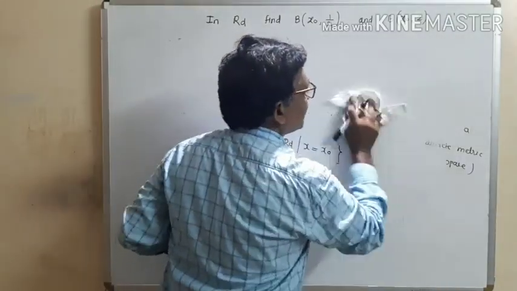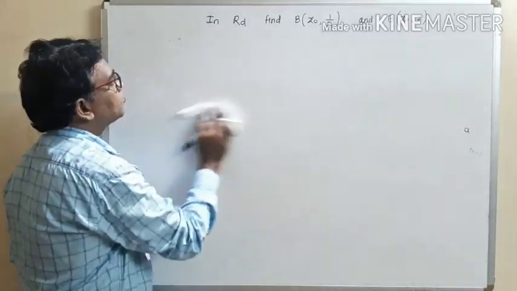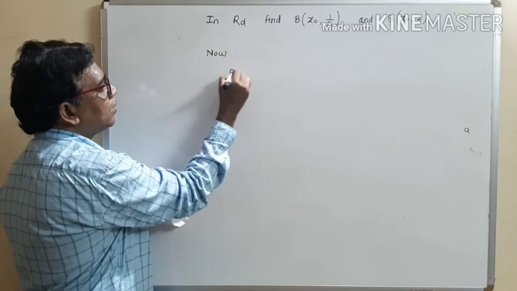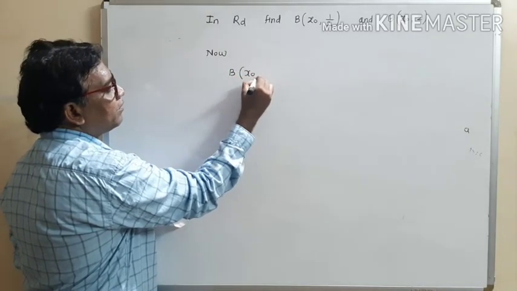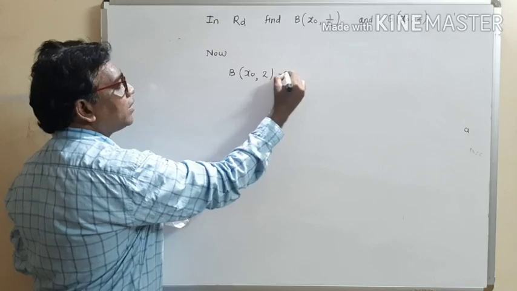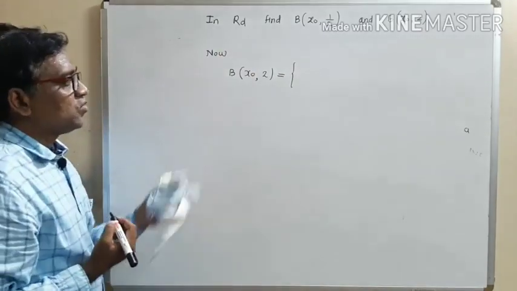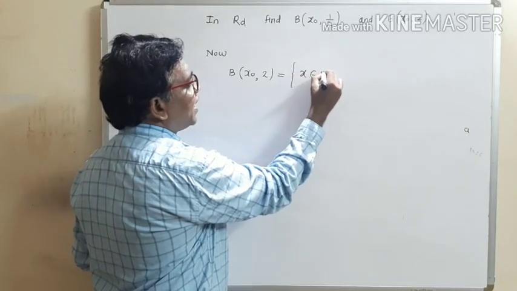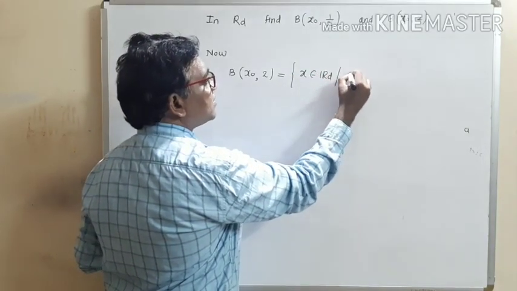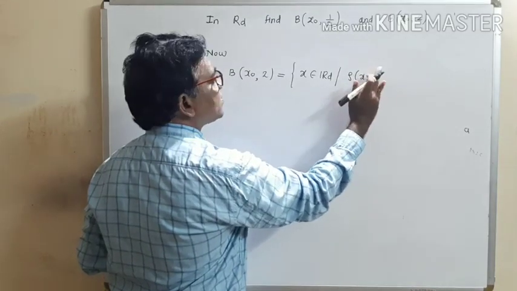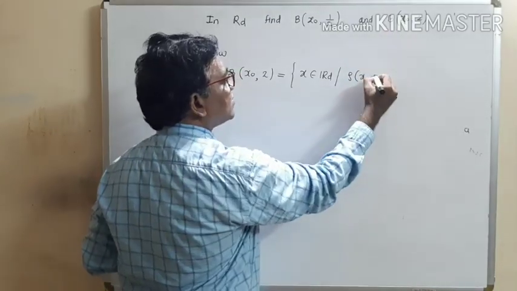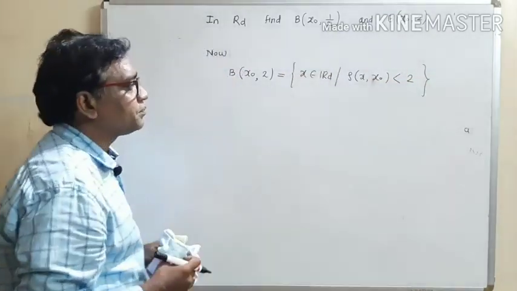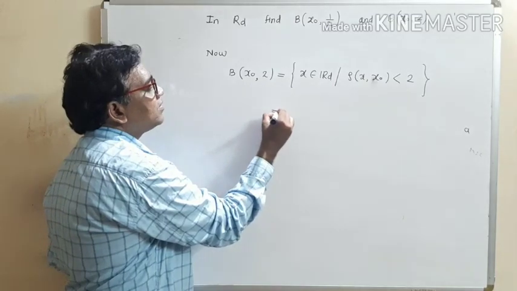Now find out this second sphere. Write down. Now, open sphere B with center at x0 and radius 2 is equal to, so use the same definition for open sphere. Find out those elements in the metric space satisfying this condition: the distance between x and x0 is less than radius 2. This is equal to